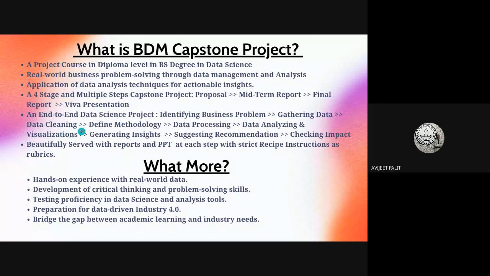Thereafter, you have to clean the data, because any real data has many things like missing values, redundant values, and such. Then you have to define the methodology, what methodology is actually going to work. You have to do some hit and trial on methodology here as well: implement some analysis method, and if it is working and giving you a clear insight on your problem statement, it is good. Otherwise, you have to change your methodology and check again if it is giving answers to your problem statement.